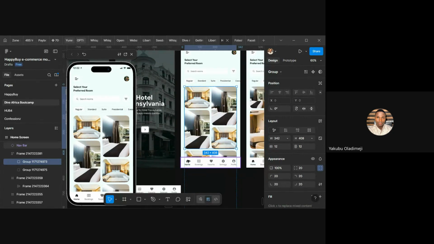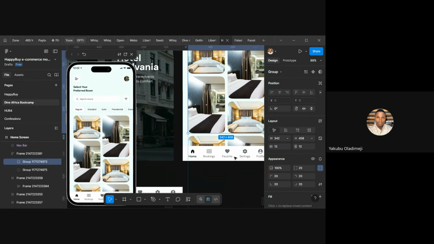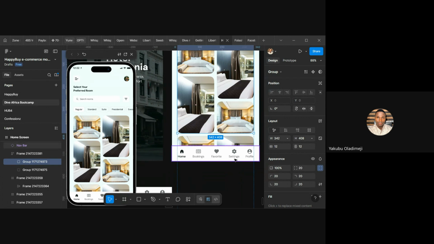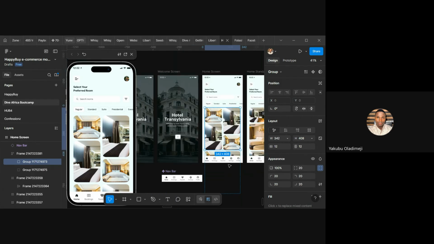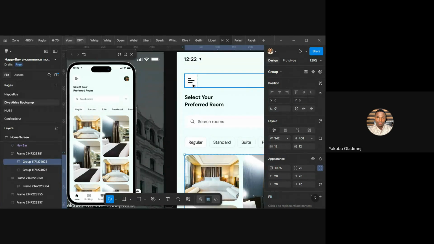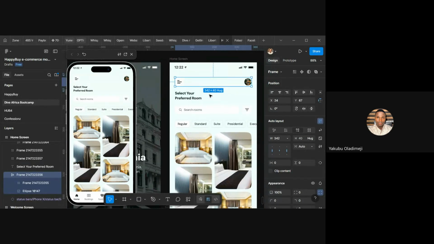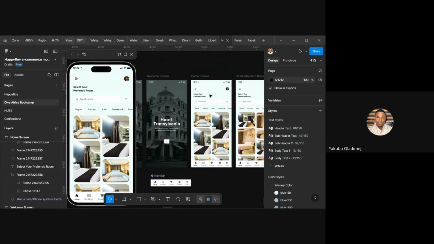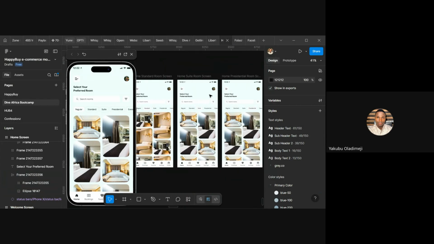Do you understand? And this bottom bar, they are elements. Each of them are elements that you can prototype once there's a place that it is linking to. So for this home screen now, we don't have a place where the menu is linking to, so we won't. But for the sake that I want to show you an overlay,